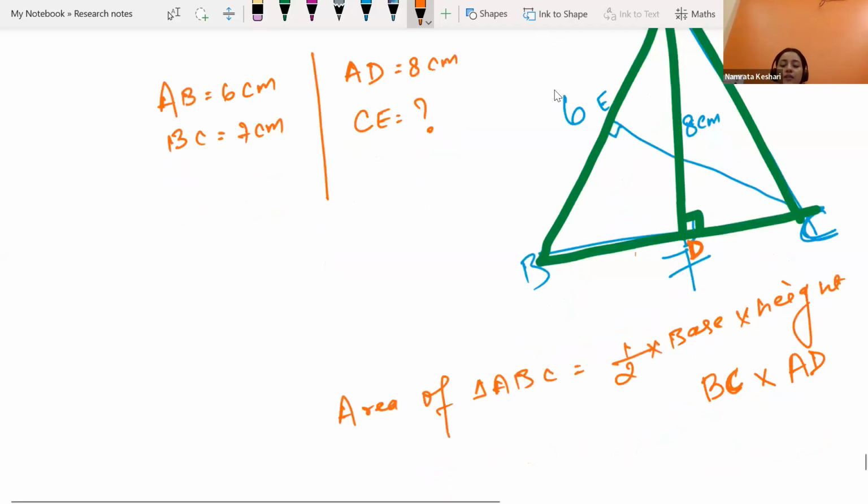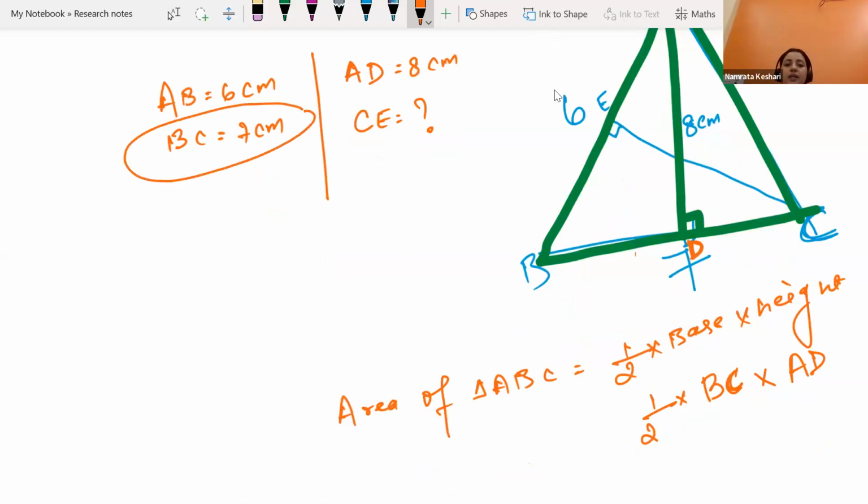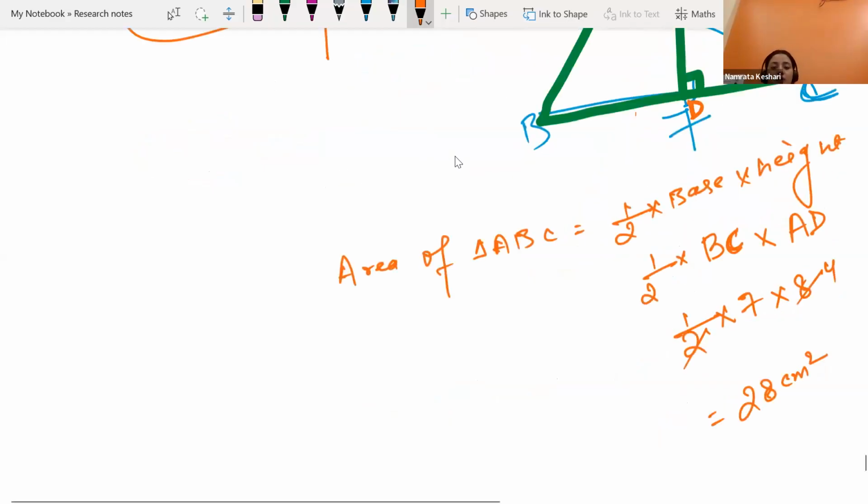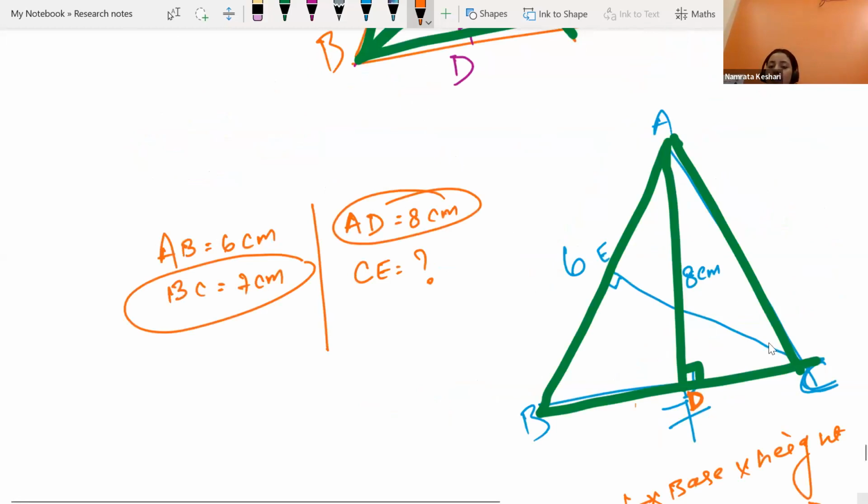Okay, so we are getting this as the area. BC we already know, AD we already know. Let's try finding the area: 1/2 into base, BC is 7 and AD is 8, and our answer will be 28 centimeter square. We found the area of this triangle, 28 centimeter square. Now what do we have to find? Another height is visible here, CE, and we have to find its length. So what we will do is try finding the area of this triangle again,